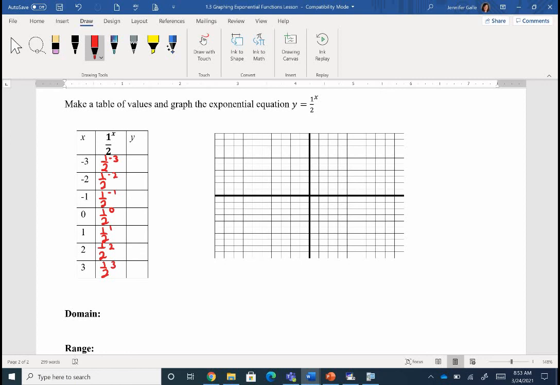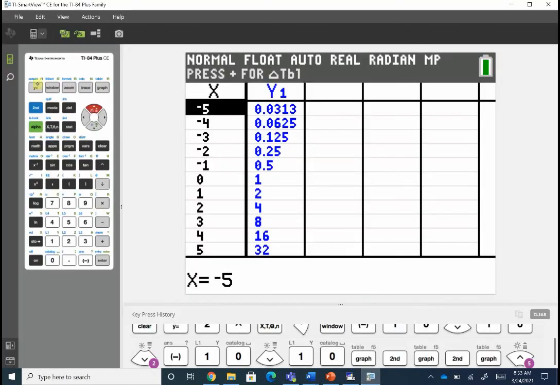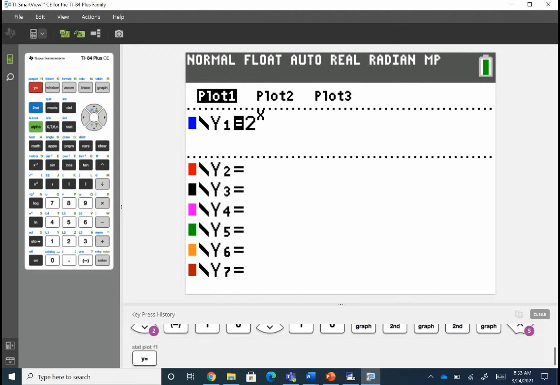We're going to get to how we do the fractions. So let's jump to the calculator. Let's get this as easy as possible, right? Go to our y equals. And I'm just going to go ahead and clear out what's there in our y1. Now, if you have a TI-83 plus, so look at the top of your calculator in the upper right-hand corner above your screen. If you have a TI-83 plus, here's how you enter your fractions. You're going to put a parenthesis, 1 divided by 2, close your parenthesis,